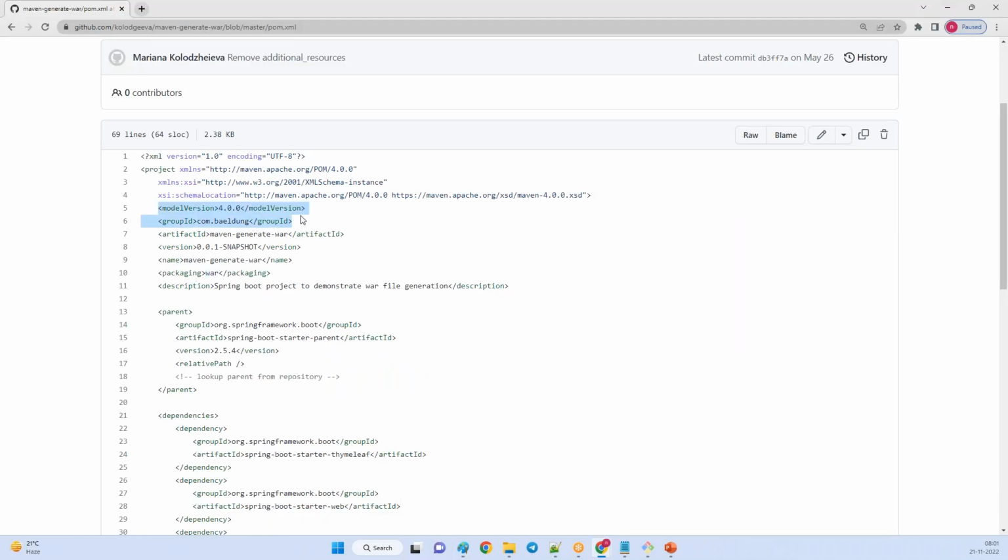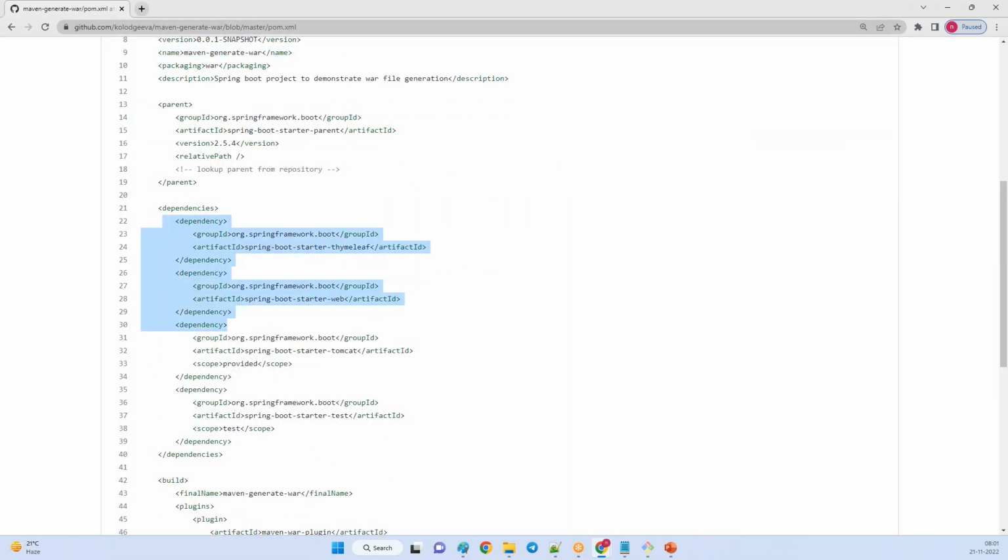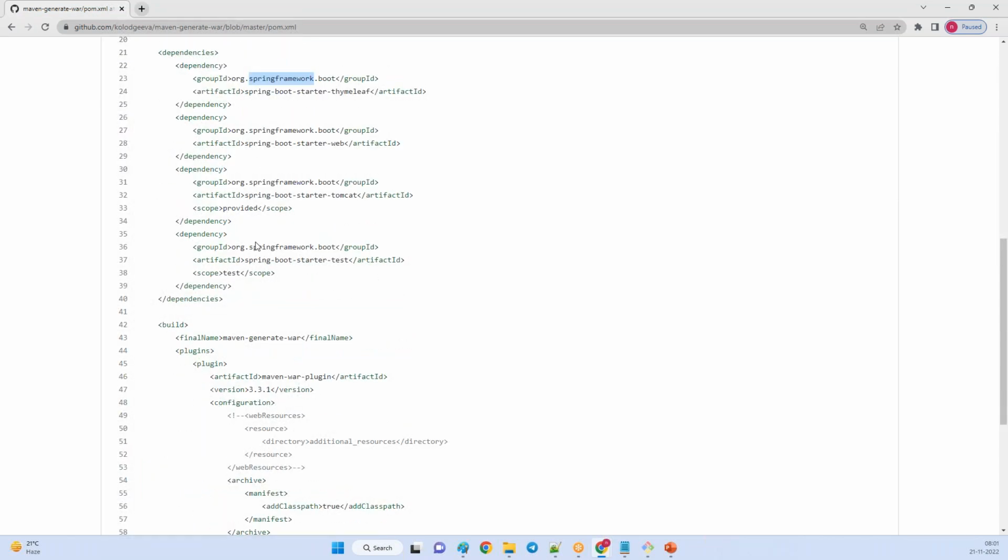The group ID is nothing but your project name. The artifact ID is nothing but your sub project name, and then the version of the file you want to generate, 0.0. Then the name of your project. And you can add your dependencies, such as the Spring Boot dependency required for this. Who will give this? The developers will give the dependencies.